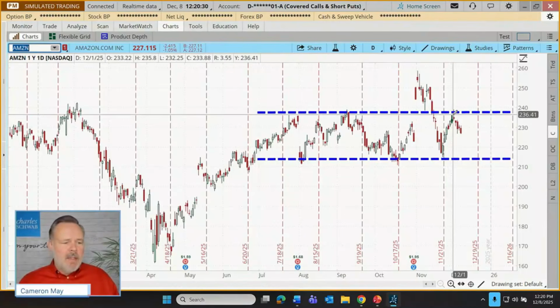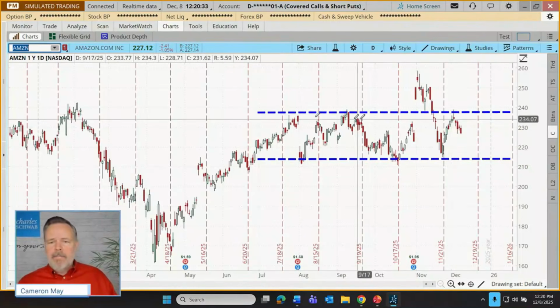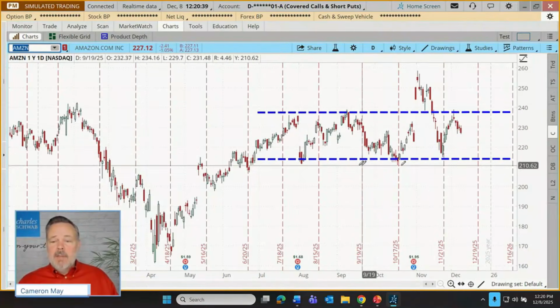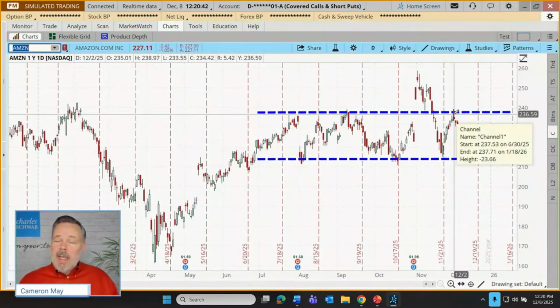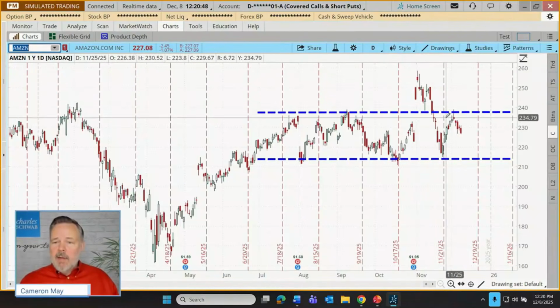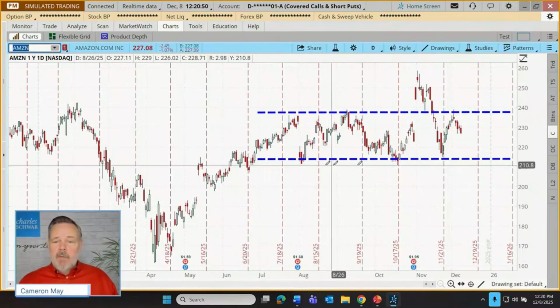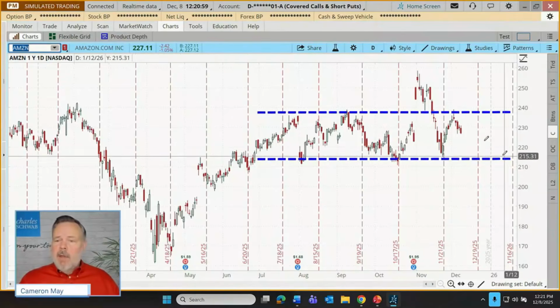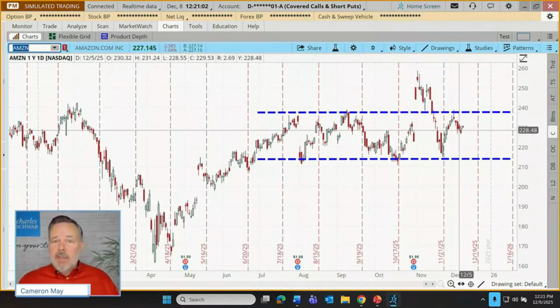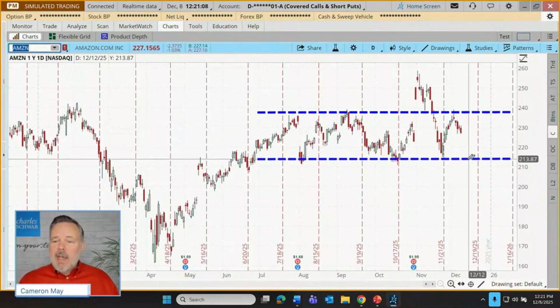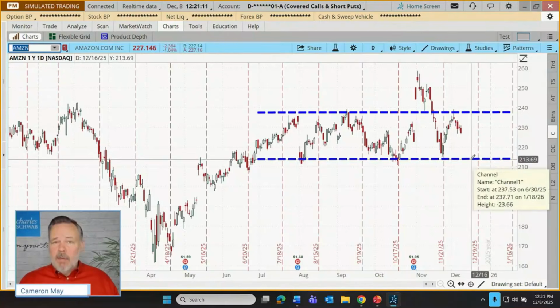But also look what's happening at the chart. Let's see what's going on with the chart here. Amazon has been kind of bouncing back and forth for the last 6 months or so. Maybe going up toward the high end of that in recent weeks. Yes, it did get a little bit higher for about 2 weeks here. But other than that time frame, we've just been trading in this range for Amazon. So let's say that our trader looking for income and maybe for share ownership would be okay. Let's collect some income first and maybe position ourselves that if those shares get assigned, we're assigned down here closer to the price floor.